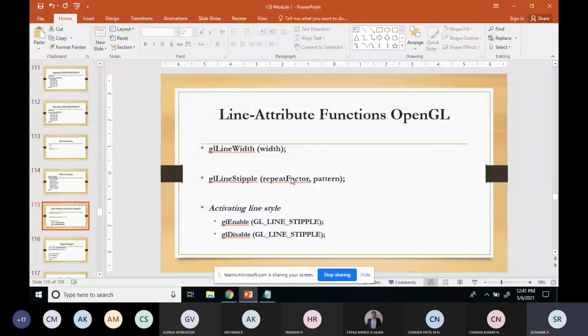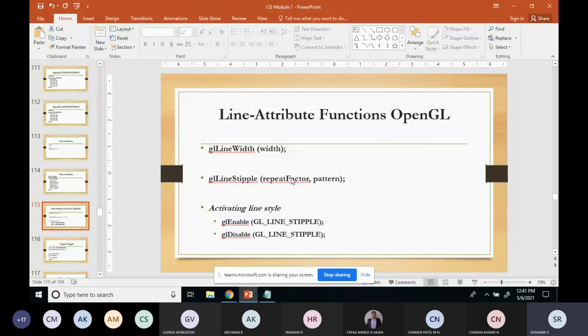In addition to line color, we have two more attributes: line width and line stipple. Using the GL color function, you can set the color of the line, and using GL line width, you can set the width of the line.